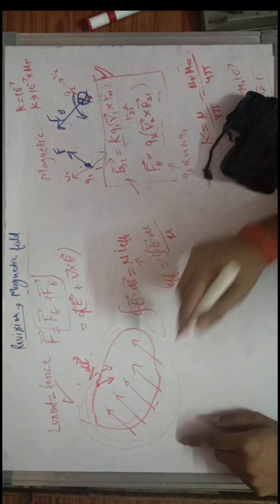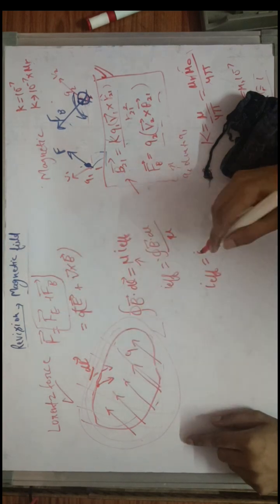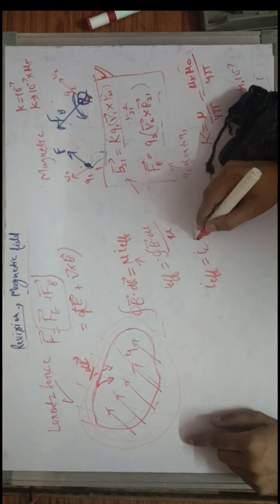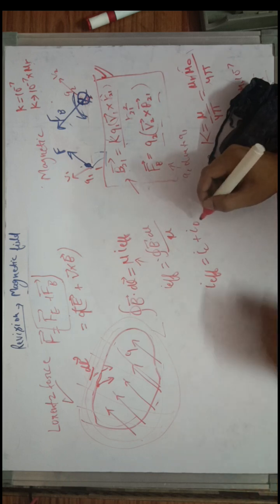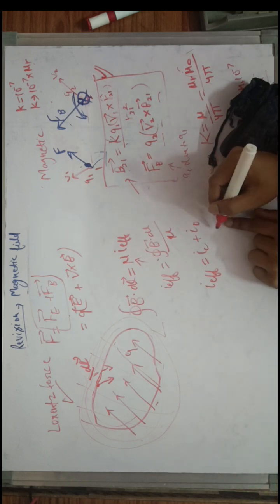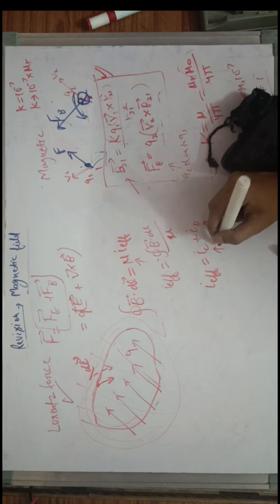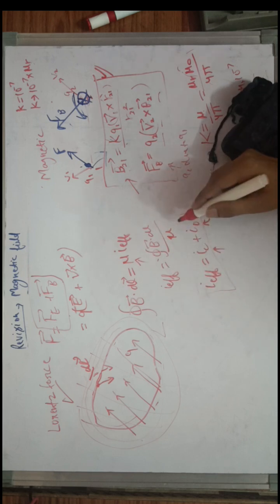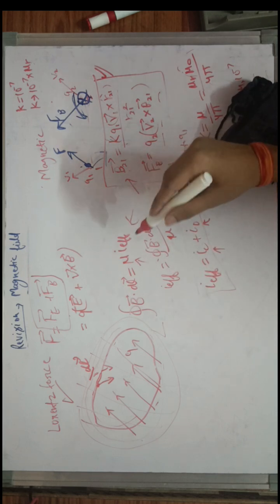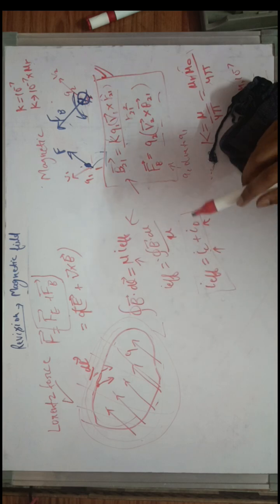where this I effective is equal to the current due to the flow of charge. Let's say that charges are flowing, and there would be some current due to the displacement current. Displacement current is due to the electric field, and this is due to the charge flowing. This is the corrected formula of Ampere circuital law,